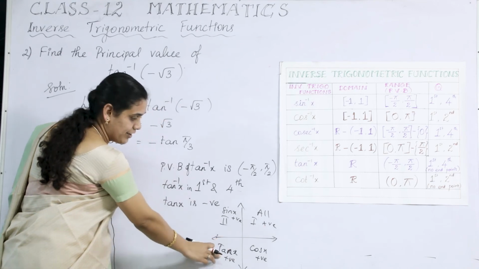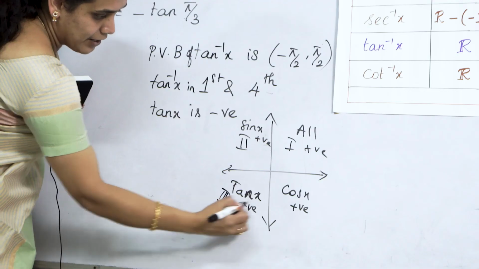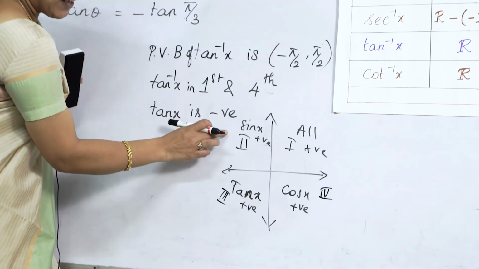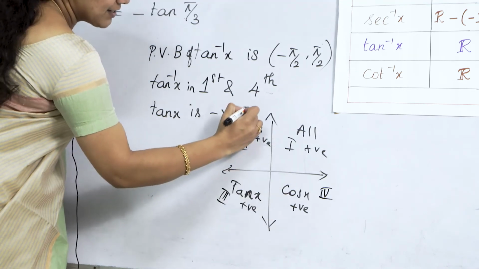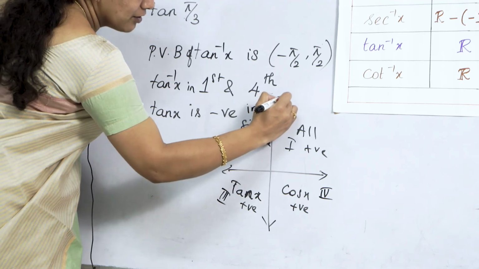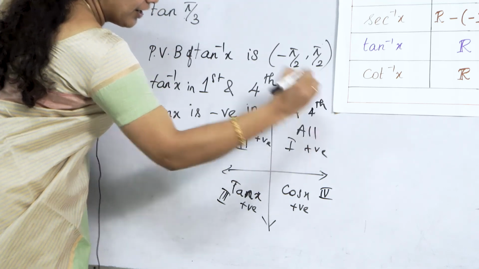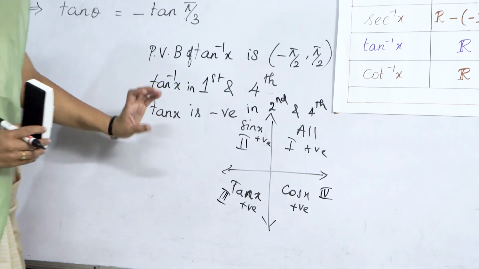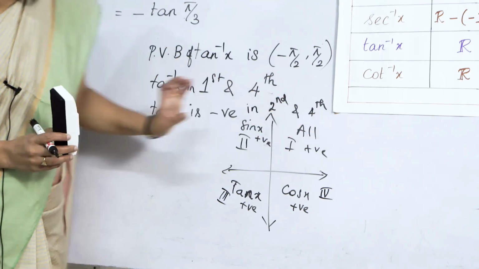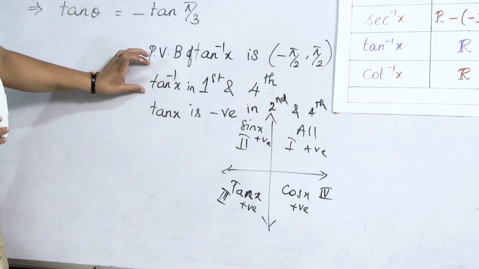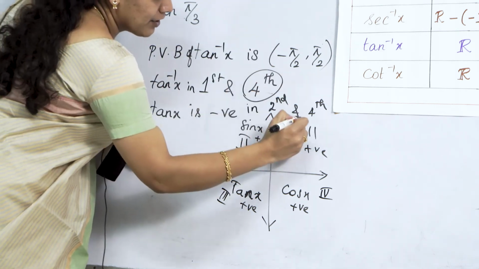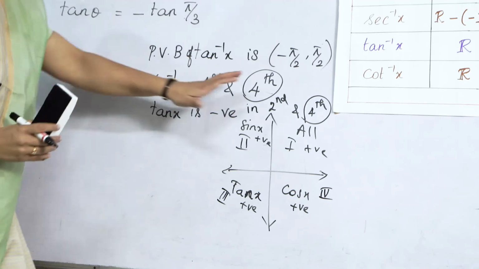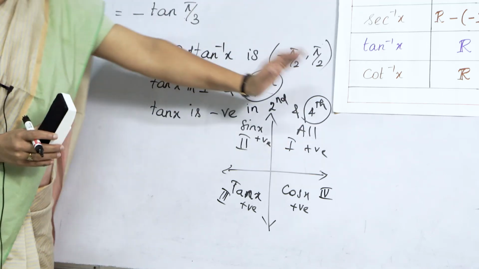Tan is positive here in the third quadrant, right? But it takes negative here, all positive. So it takes negative here and here. That is, it is negative in the second and the fourth quadrant. Right? We have to keep all this in our mind. So tan x takes negative in second and fourth. Its principal value lies in the first and the fourth, which is common in both. This is fourth and this is also fourth. So this is common. Our answer will lie in the fourth quadrant.